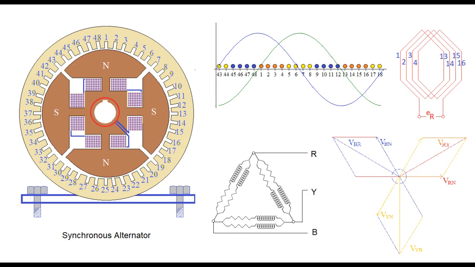One more difference is that the air gap between stator and rotor is not uniform. As we move from the pole center to the pole tip, the air gap is minimum at the pole center and widens towards the tip. This non-uniform gap is deliberately provided to obtain a distribution of magnetic flux according to a sinusoid.